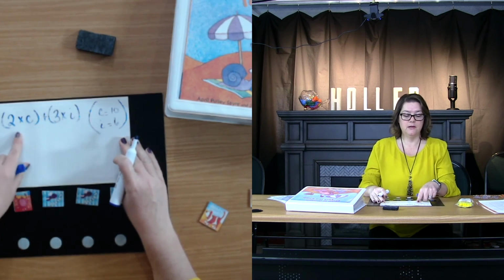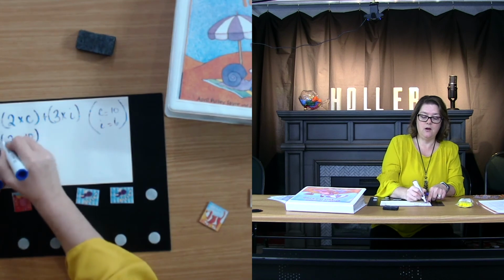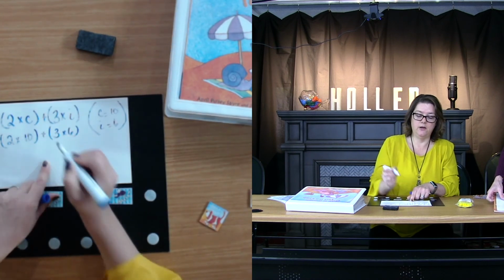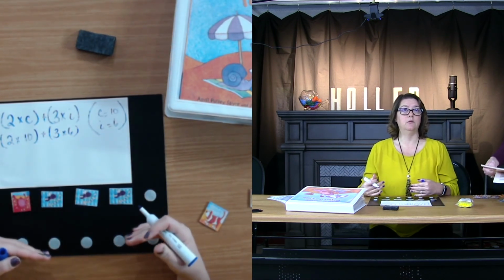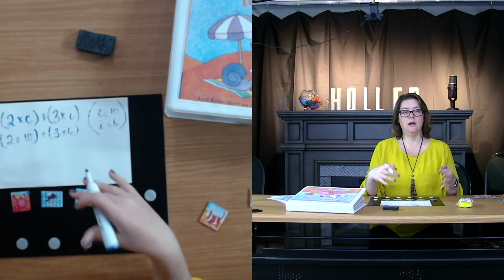And saying, oh, I've got a C here, I'm going to substitute in 2 times 10 for here. I'm going to add 3 times 6. So I go back and I look at that, and I'm doing that again for them. So this is getting that ability to have that variable in there the entire time that I'm trying to talk